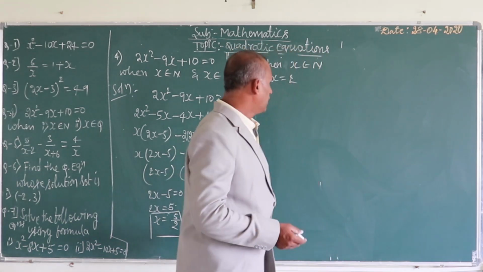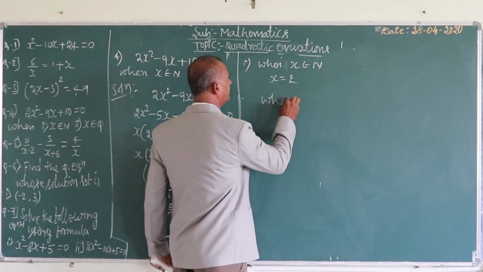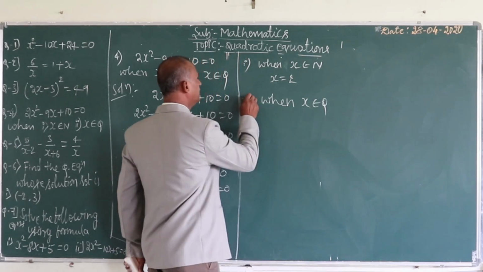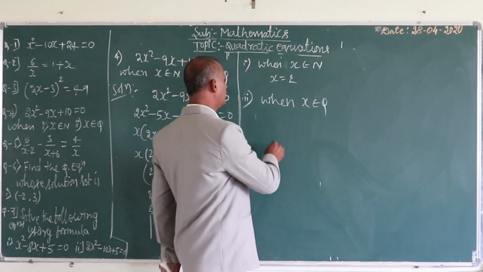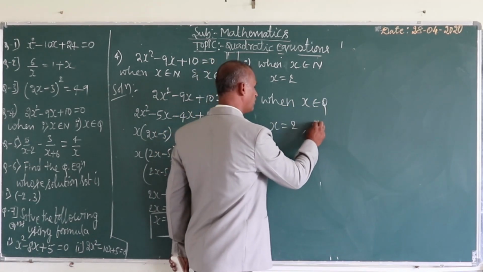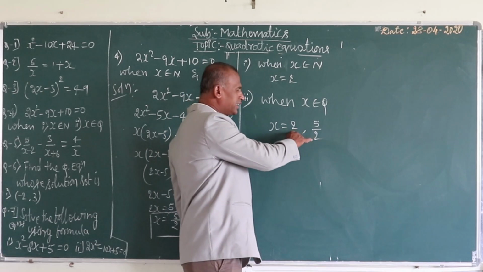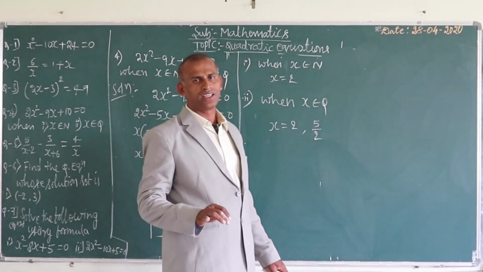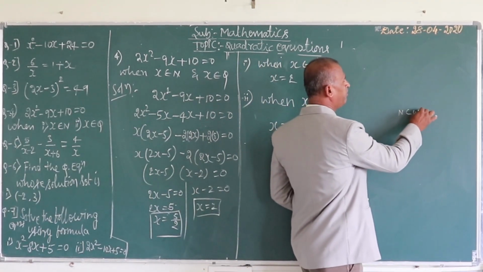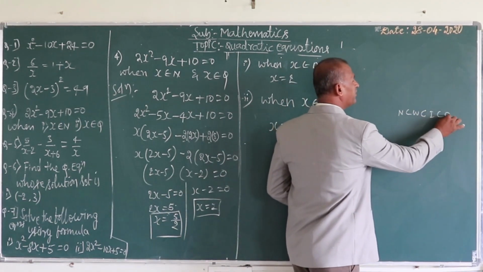Here they gave rational numbers. Rational number means p by q form. Now when x belongs to Q, this is a rational number. Now what we have to write: x is equal to 2 we will write and 5 by 2 also we will write. Here how will 2 come? If nothing is there, then 1 should be in the denominator; it is understood. Natural numbers are a subset of whole numbers, whole numbers are a subset of integers, and integers are a subset of rational numbers.